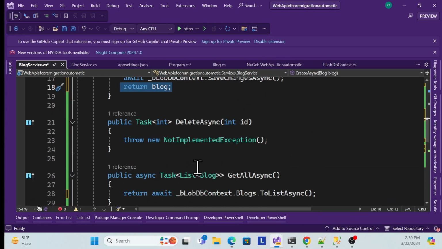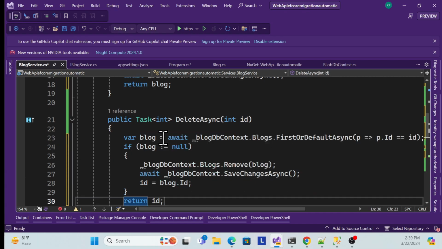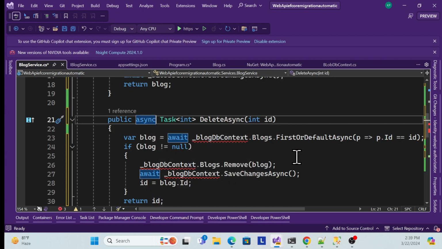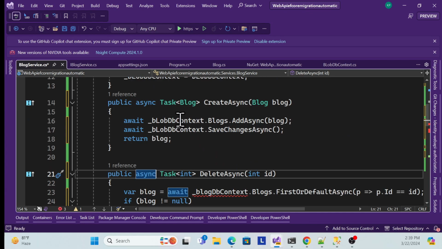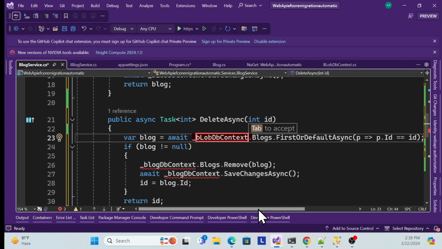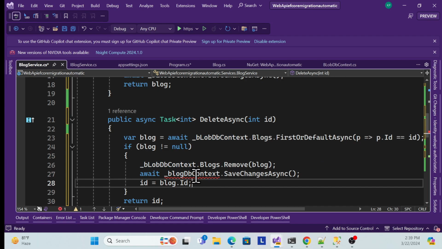And one more thing, for Delete, let me just make the delete implementation. It is also a very clean implementation, right? For example, we first have to get the log. First we have to check whether it exists or not. If it exists, then I simply remove it,